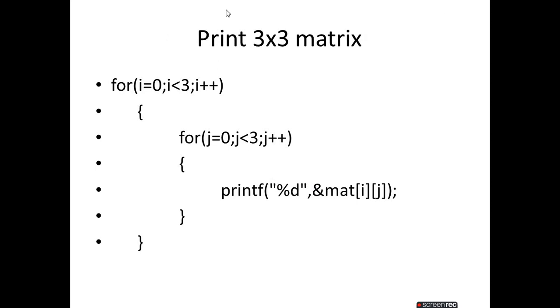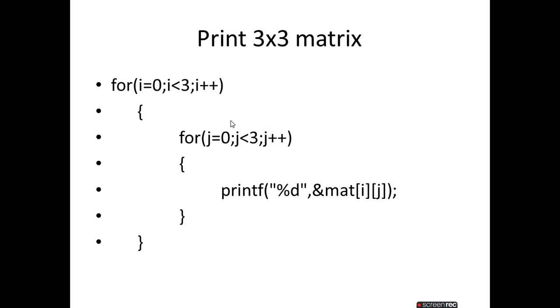How can we print the 3 cross 3 matrix? Now we want to display the matrix. What is the way of printing? As I already told you when I discussed arrays previously, to take input you run a for loop and take the input of the elements. In the same way, at the time of printing, the condition is the same and the way is the same; just in place of scanf, you declare printf.